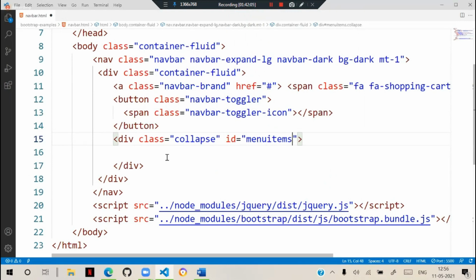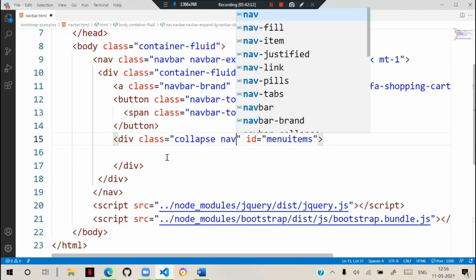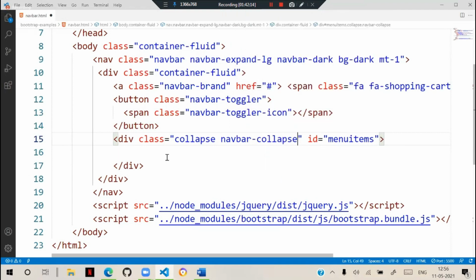So we are defining that collapse ID as menu items. And it should be a navbar collapse. We have to use the navbar collapse class. And in this menu, we have to define the items. So we need to configure the items.